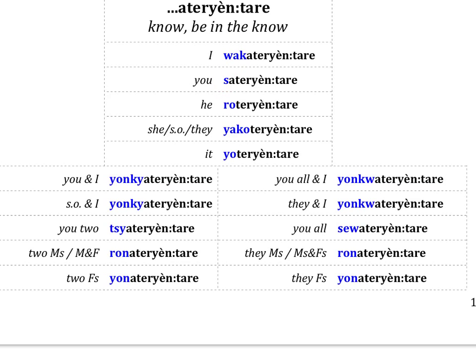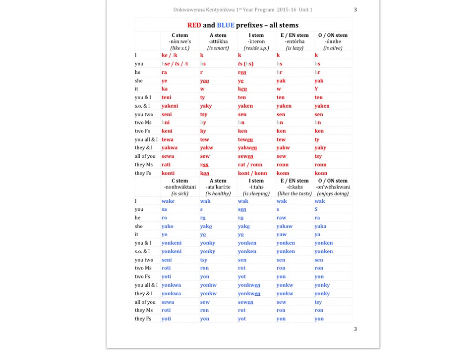Wagaderyandare, saderyandare, roderyandare, yagoderyandare, yoderyandare, yungiaderyandare, yungiaderyandare, jaderyandare, ronaderyandare, yonaderyandare, yunguaderyandare, yunguaderyandare, sewaderyandare, ronaderyandare, yonaderyandare. Let's go back to page 3 of your prefix charts and take a look at the